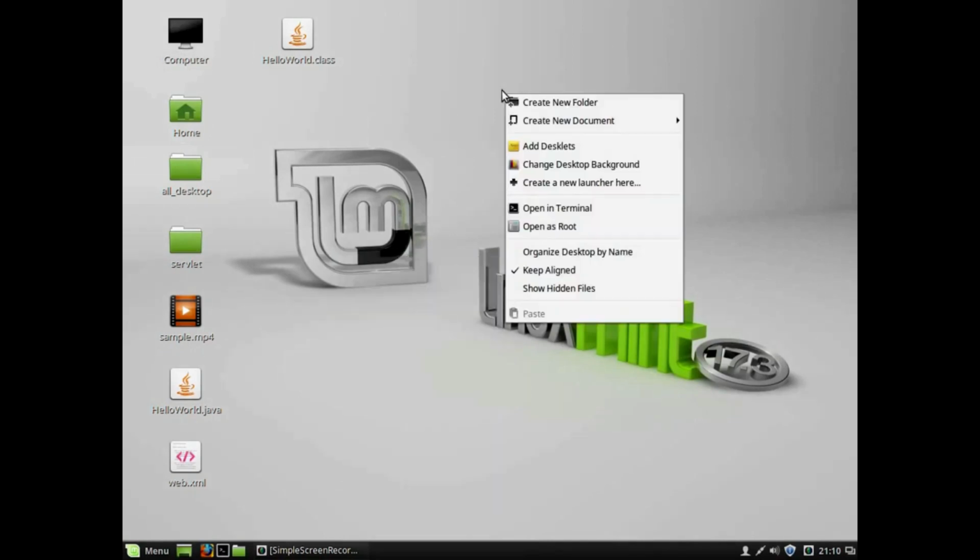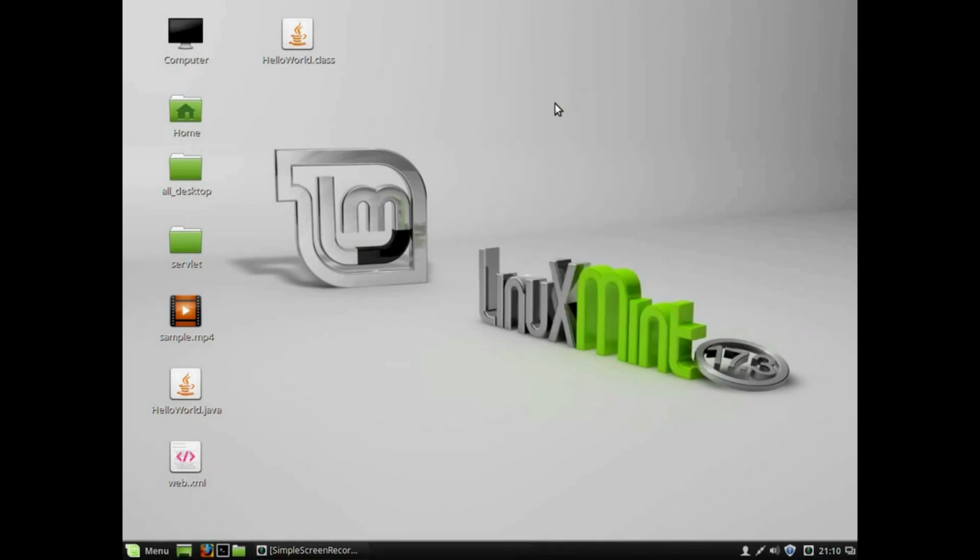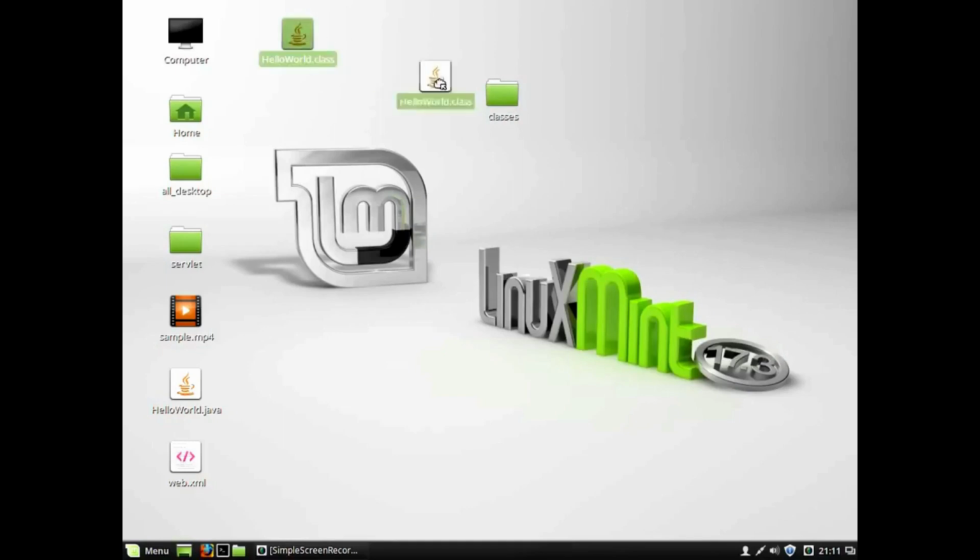From here onwards, please carefully follow the instructions. Here you need to create one folder named classes. Case sensitive, small case classes without any spelling mistake. In classes, please keep your class. In case you have more than one class also, you need to keep them in the same folder. The spelling should be classes, you cannot make any mistake here.